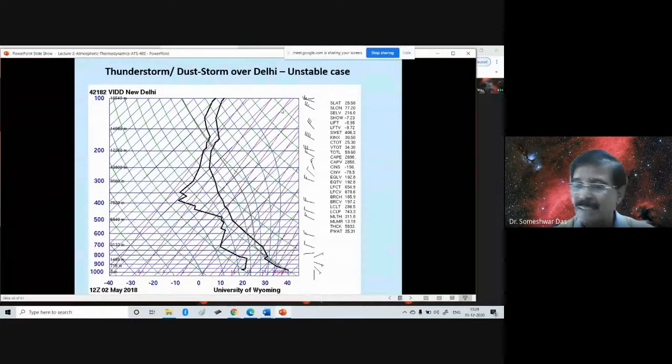In some countries, atmospheric science is also taught at the BSc level. You know that. For example, in the USA, there are many universities which offer a BS in atmospheric science. In this entire South Asia, Nepal is the only country where atmospheric science or meteorology is offered at the BSc level. That is the only country in the entire South Asian region, not even India. In India also, BSc atmospheric science is not available. There are some universities where you will find BSc atmospheric science written, but that is generally not offered.